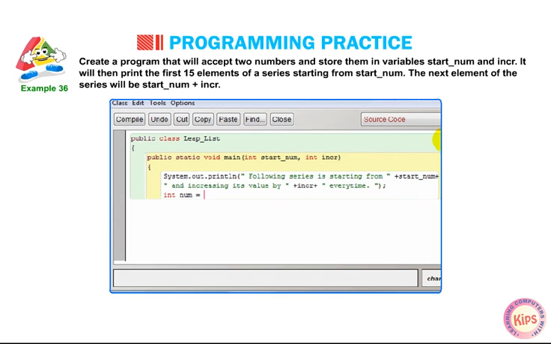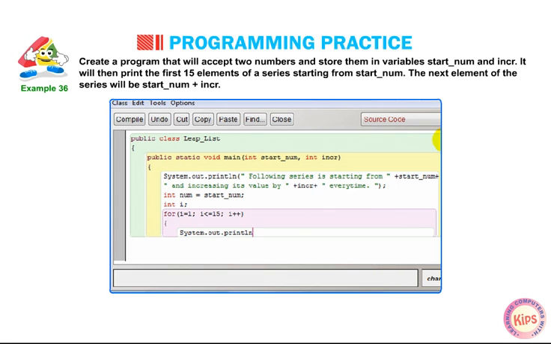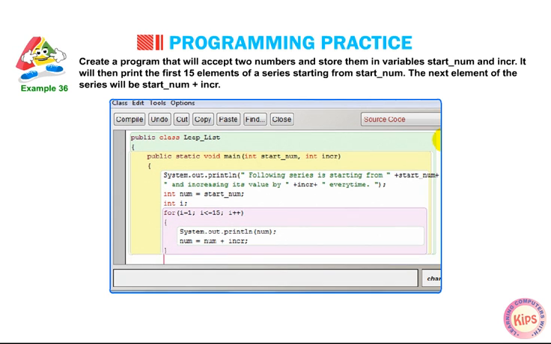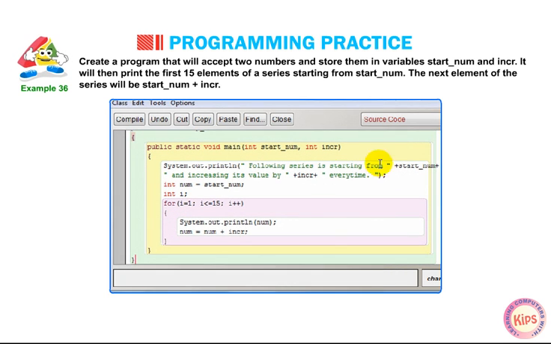int number = start_number; int i; for (i = 1; i <= 15; i++) { System.out.println(number); number = number + increase; } } }